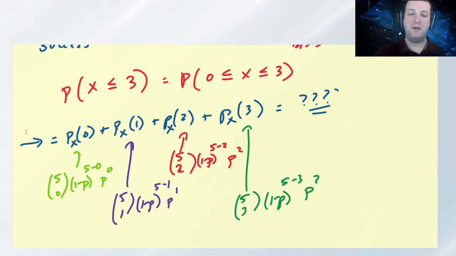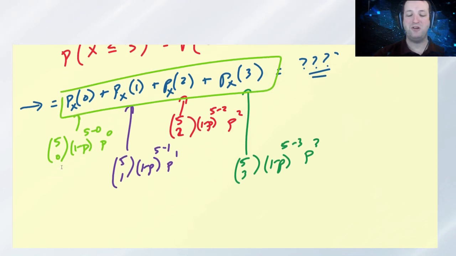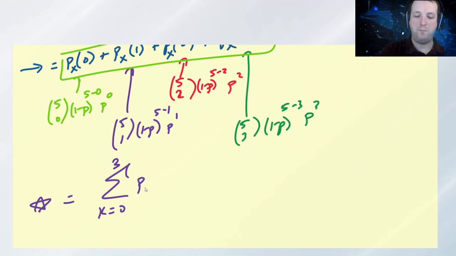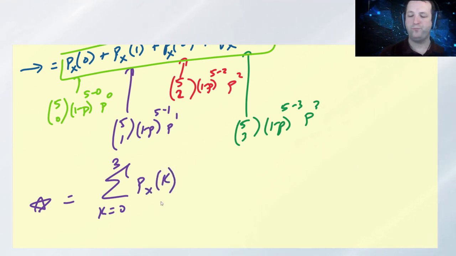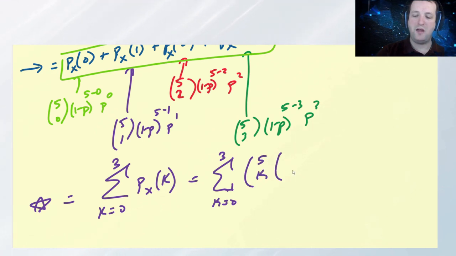Right? Some people will notate this in compact summation notation. So our final answer can be rewritten as the sum from k equals 0 to 3 of p(x = k). And you can use this in Desmos if you want to as well, or in Excel. So that's just going to be the sum from k equals 0 to 3 of 5 choose k